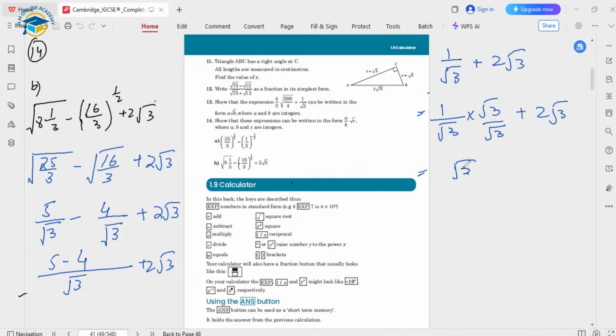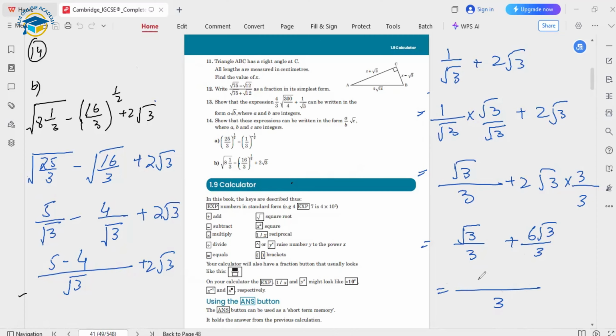So square root 3 one time will be square root 3, and downward over here we will have square root 3 times square root 3, only 3, plus 2 square root 3. Again, making the denominator similar, multiply and divide by 3. So this will be square root 3 over 3. And here we can go with 3 times 2 times 6 square root 3 over 3. As we have like fractions again, simply add the numerators together. This will be 6 plus 1, 7 square root 3, and downward we have just 3.